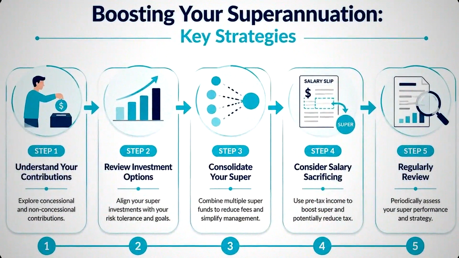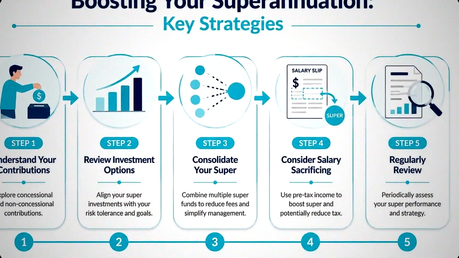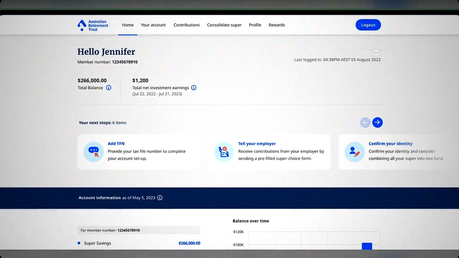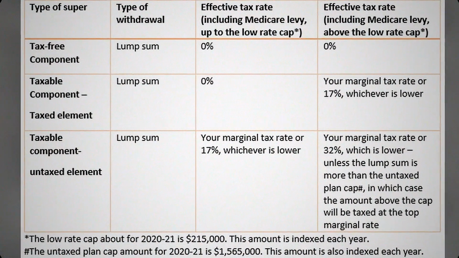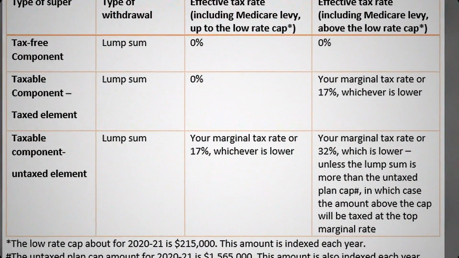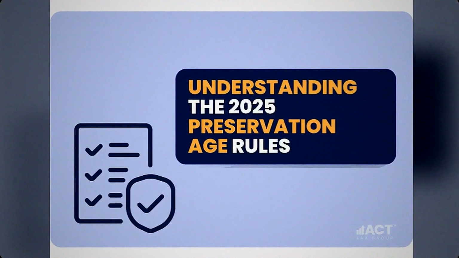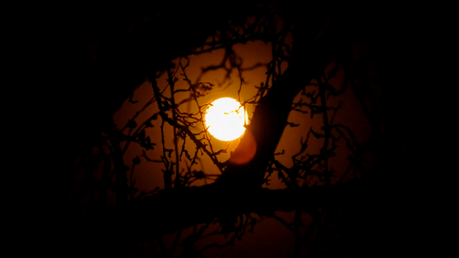There is a deeper layer beneath everything we covered today. The way your brain handles the shift from building your super balance to actually drawing it down. That transition from wealth preservation to spending triggers something in nearly every retiree that goes beyond tax strategy. It connects to how your brain defines financial security and what it means to have enough. That is something we go deeper into, and it is worth understanding.